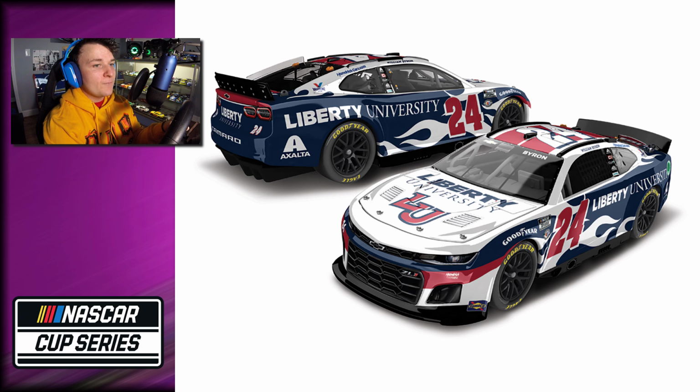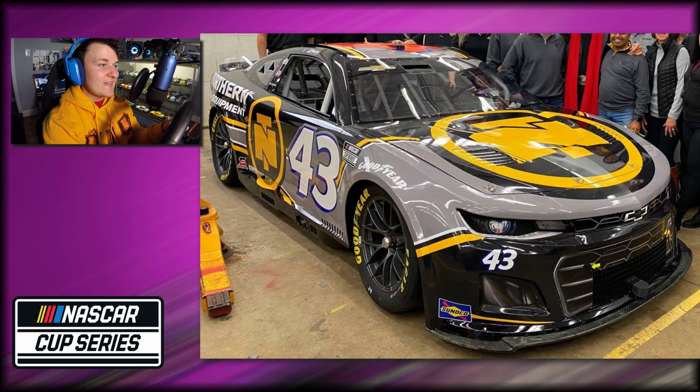William Byron with a beautiful Liberty University paint scheme. We got flames all down the door of this car, flames on the back of the car. Man, they definitely made this car look hot going into this year. Eric Jones, as I said, the 43 is staying on track. We got Eric Jones with his Northern Tool Equipment paint scheme,